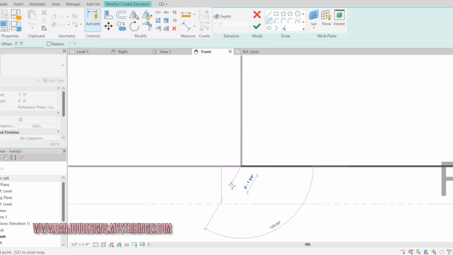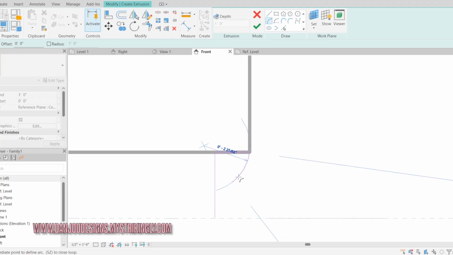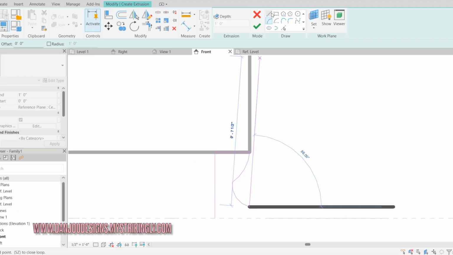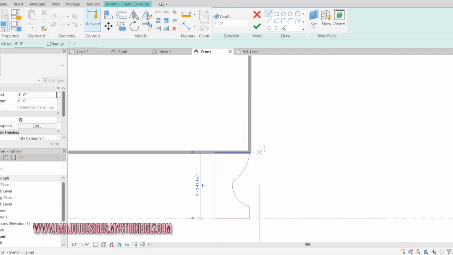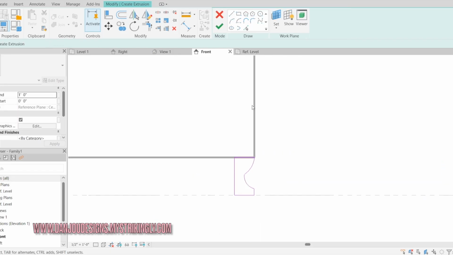little hump like that, and then do another hump like that, and then I'm going to go down and complete that component. So now there's a little bit of curve to it, and I'm going to click the check mark, and